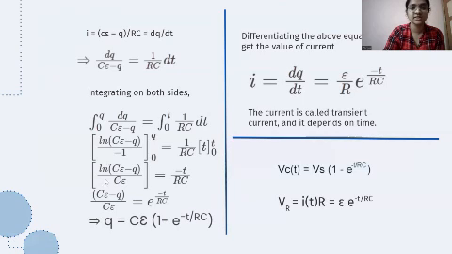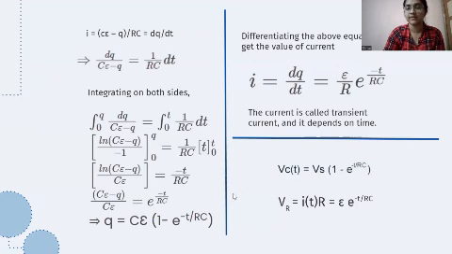And differentiating the charge equation with respect to time, we get the equation of current, which is equal to E by R into e power minus t by RC. And we can get the equation for voltage across the capacitor by substituting Q equal to CV in this equation, and we'll get VC equal to Vs, which in our case is E, into 1 minus e power minus t